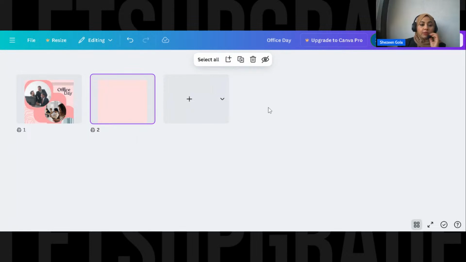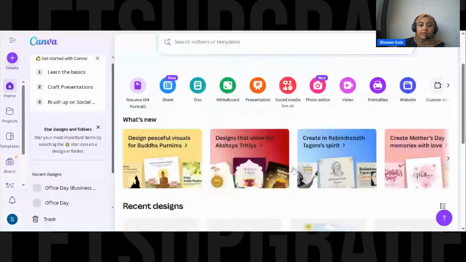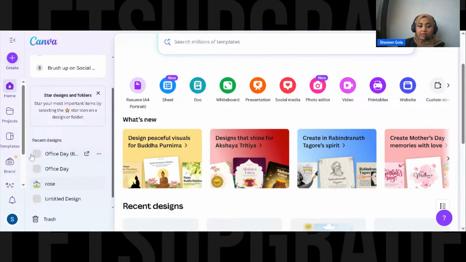Suppose you're making a brochure, in a brochure we usually tend to have a lot of pages, like 10, 12. So now what we'll do is give you all a basic recap of what we covered up till now, so that if I was fast or y'all didn't pick up, you can just have a revision. So let's go back to home. Whatever work I have done has come in recent and Office Day.